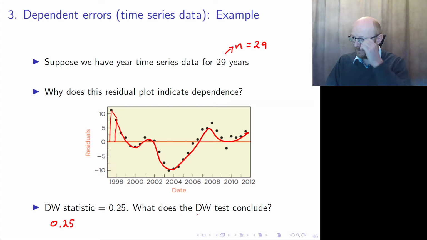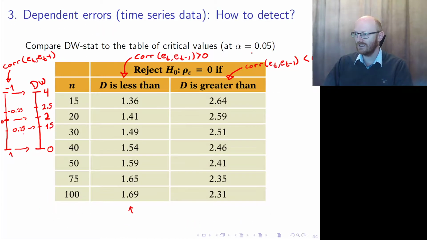With a Durbin-Watson statistic of 0.25 and a number of observations of 29, we can go back to our table and we look here at the n, and we can go down here to find the correct n. We have 29 observations, which means that